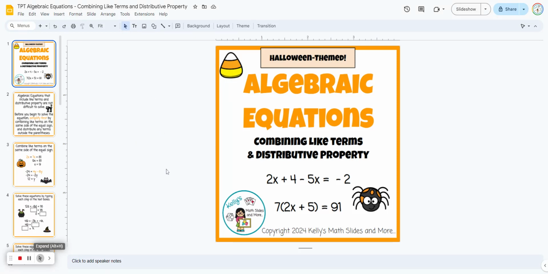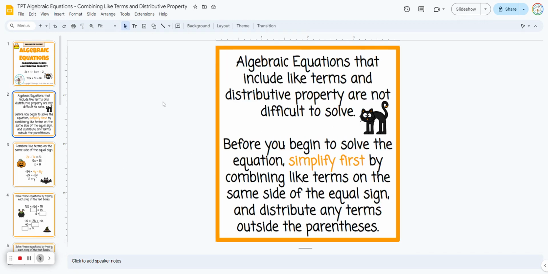Algebraic equations with combining like terms and the distributive property. And this is a digital lesson and it's Halloween themed. So the lesson starts with explaining that algebraic equations with distributive property and combining like terms are not difficult to solve. So before we begin solving the equation, they need to simplify first by combining like terms that are on